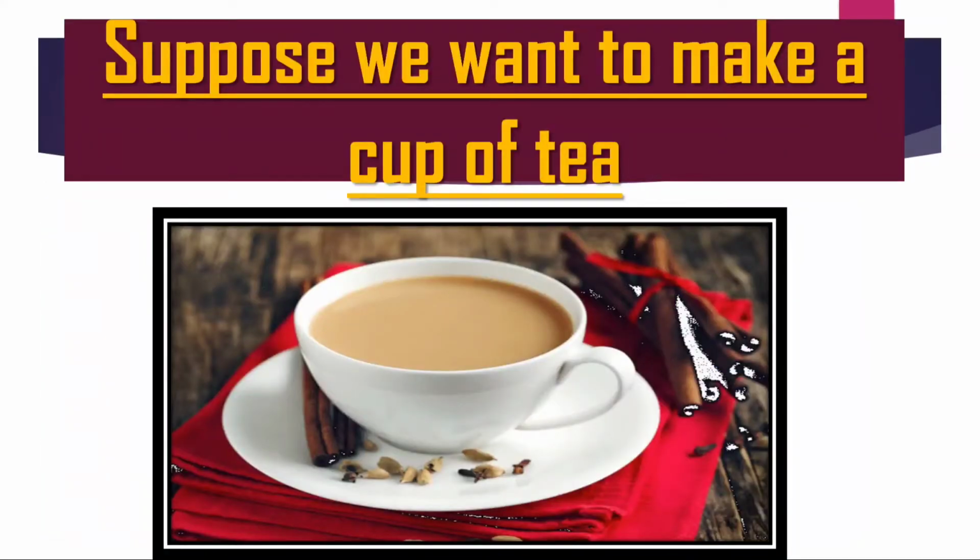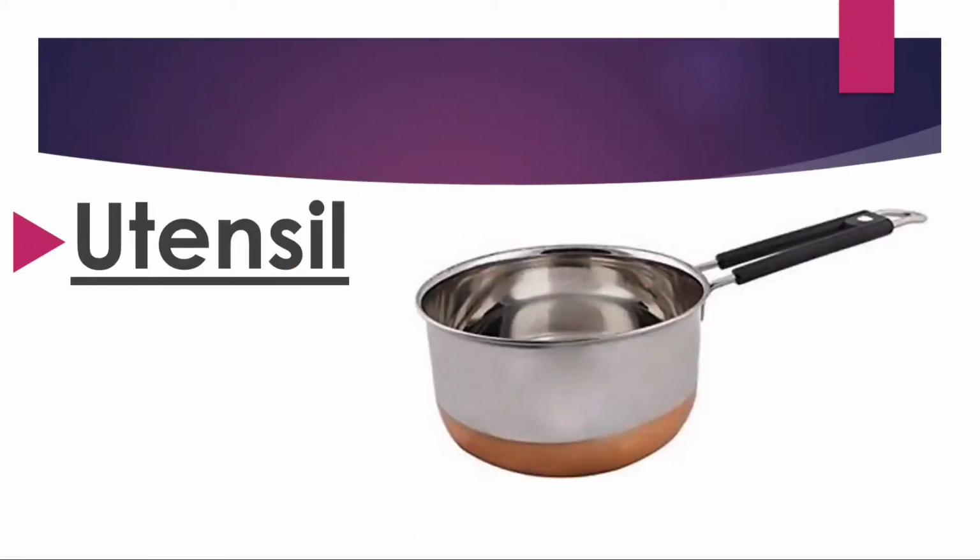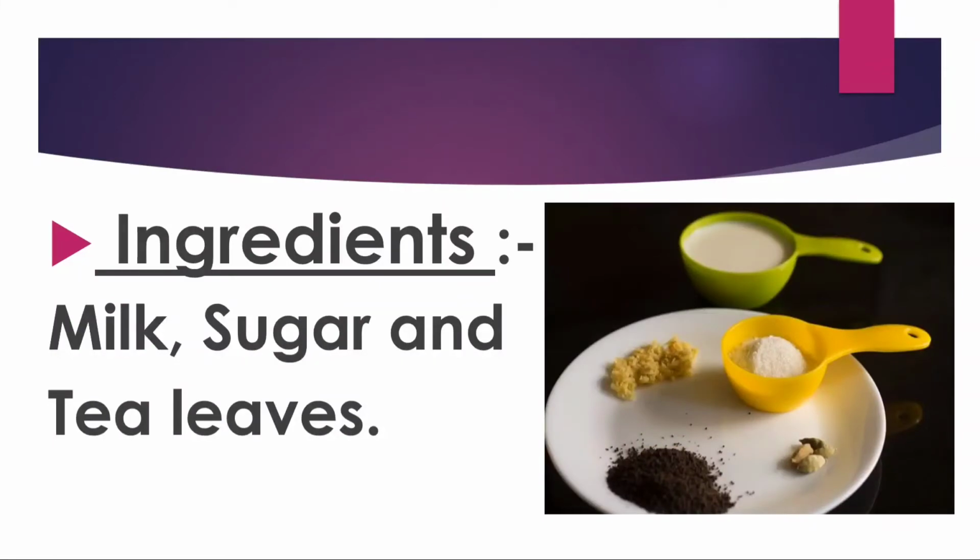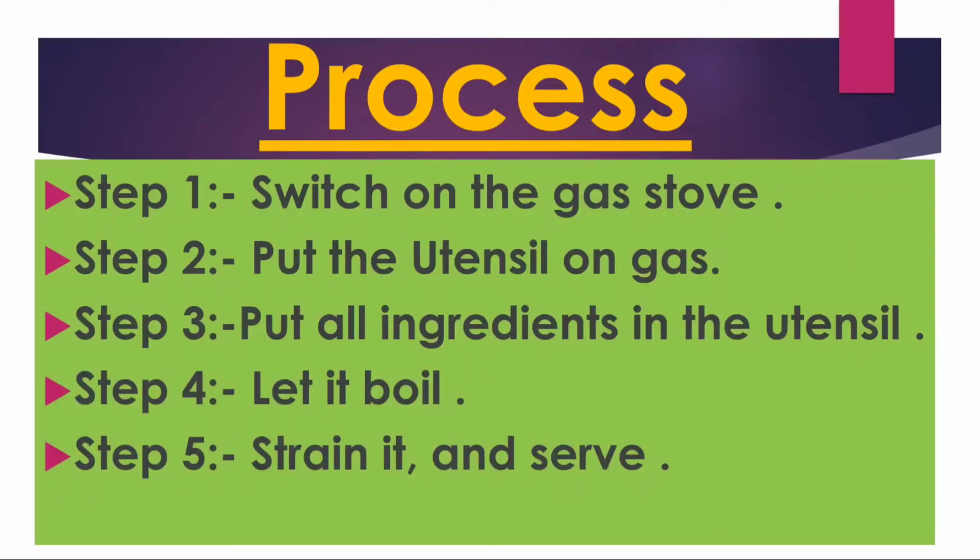Suppose we want to make a cup of tea. Everyone knows what is tea, okay? So if you want to make tea, what will we do? We need utensils, the utensil in which we make the tea, then some ingredients like milk, sugar and tea leaves. These are the main ingredients. And after having the utensil and the ingredients, we switch over to the process,